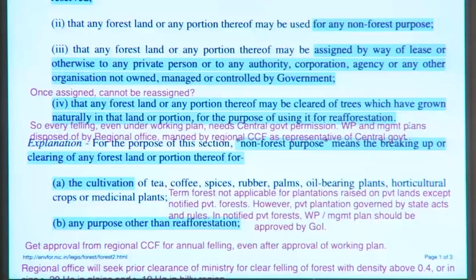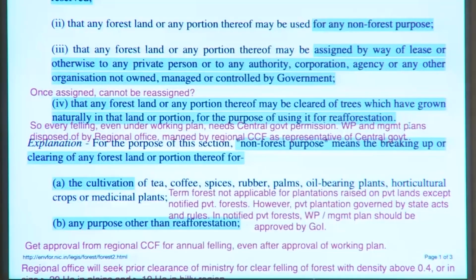As simple as that. And then this act further gives an explanation. So, the explanation is, for the purpose of this section, non-forest purpose means breaking up or clearing of any forest land or portion thereof for the cultivation of tea, coffee, spices, rubber, palm, oil bearing plants, horticultural crops or medicinal plants. So, essentially if you are saying that okay, I am cutting these trees and I am going to grow a palm plantation, is that permitted? Answer is no, because growing of a palm plantation is a non-forestry activity under this act,